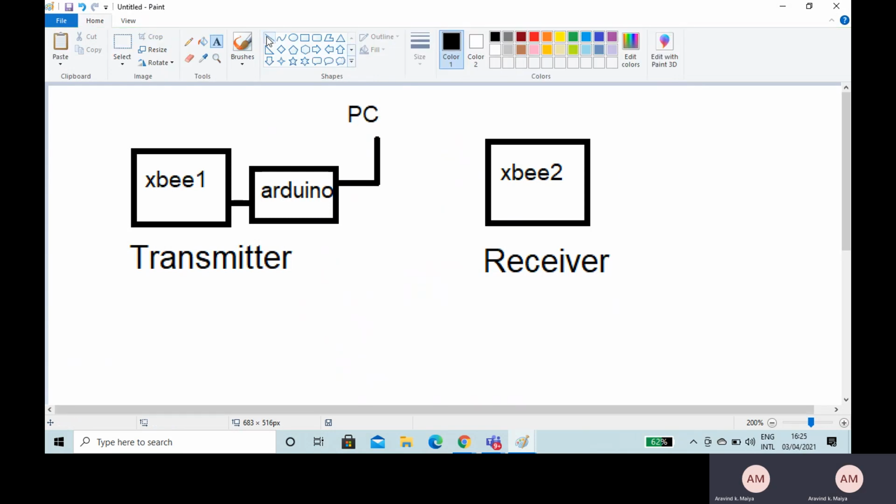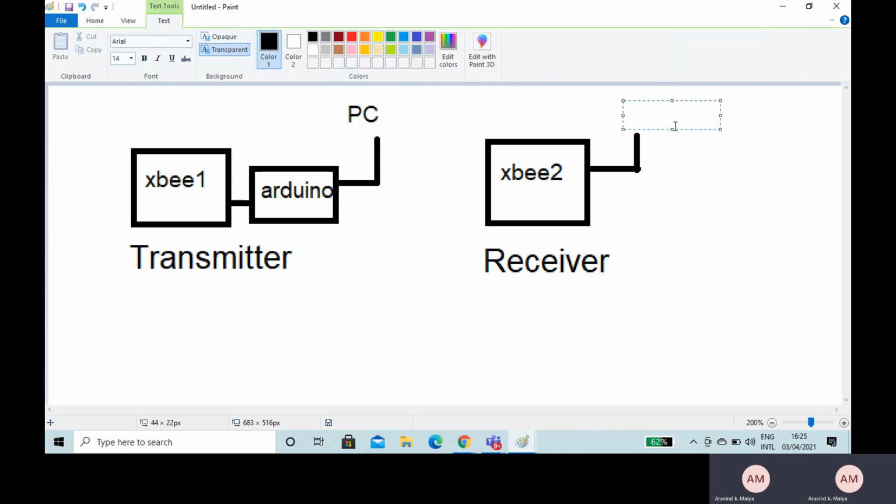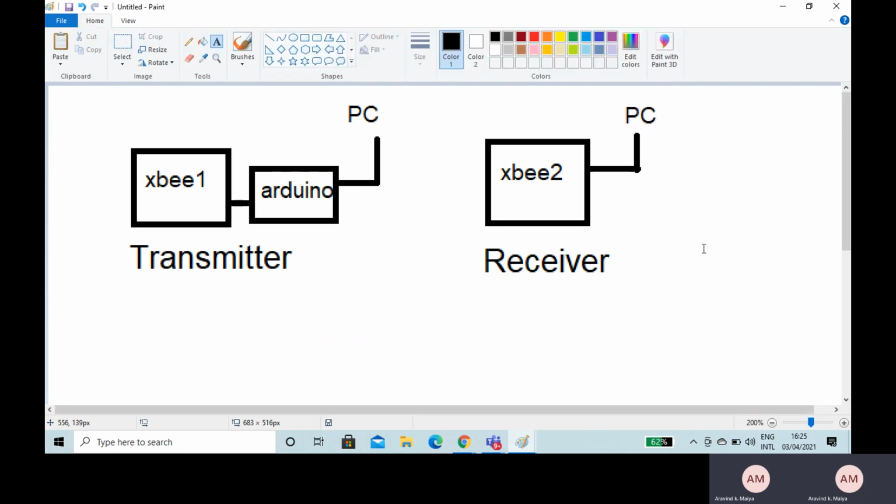And similarly, our XB2 is also connected to the same computer. Actually, you will have to test it with two different computers, but in our case we are using the same one, just to give you an idea of how the data gets transmitted from the transmitter to the receiver.